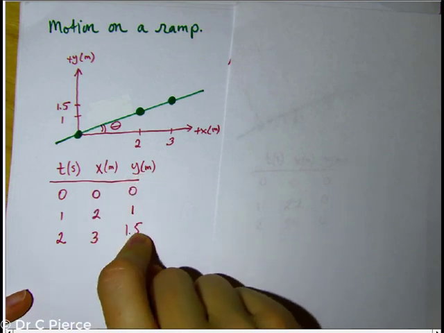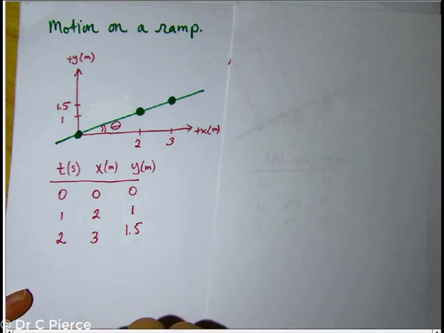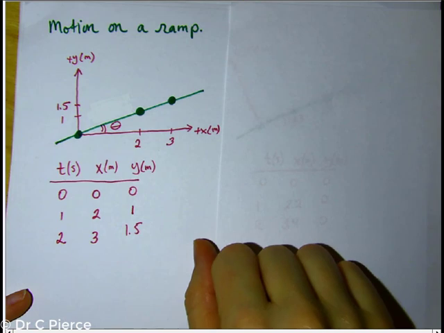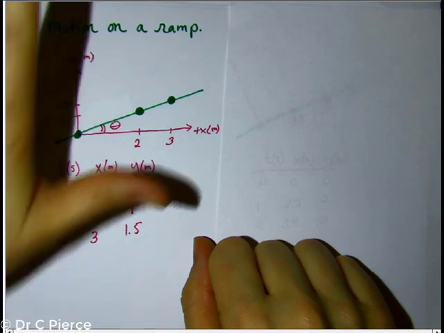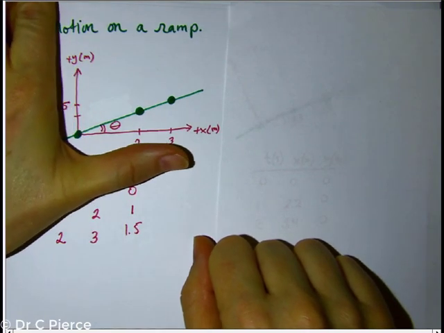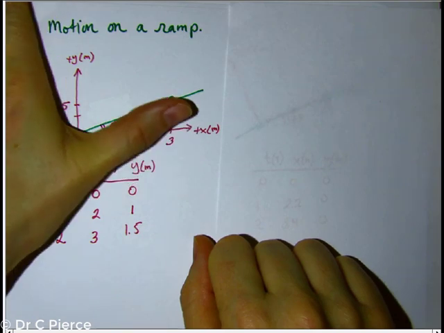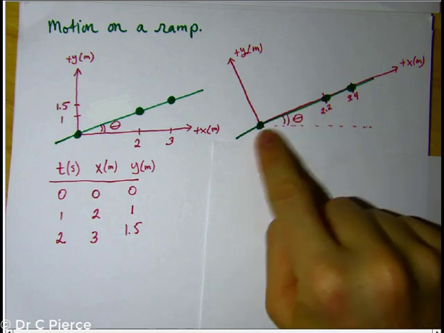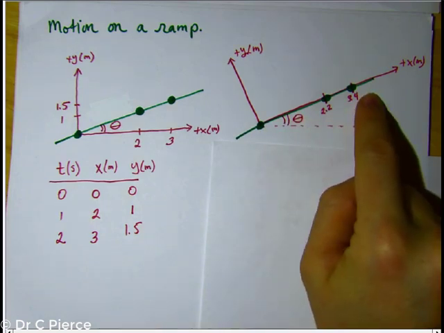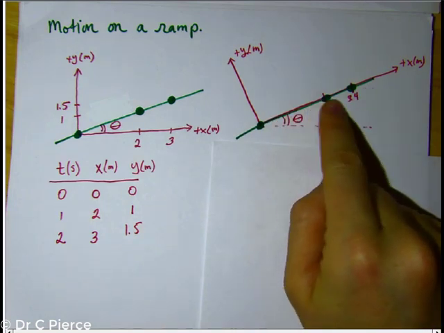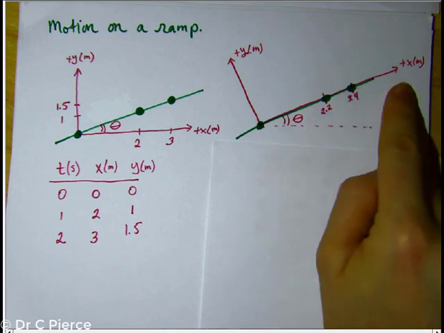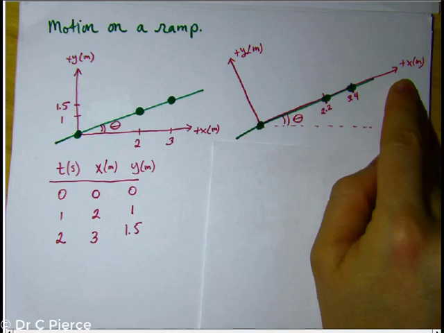But isn't the cart really just going forwards and backwards along a line? So to simplify the problem, what we do is we don't assign a traditional coordinate system. We take the coordinate system and we tilt it to match the motion. So we have the ramp that is still tilted, and we have the cart again at 0 seconds, 1 second, and 2 seconds. But this time I have tilted it so that the x-axis is lying along the surface of